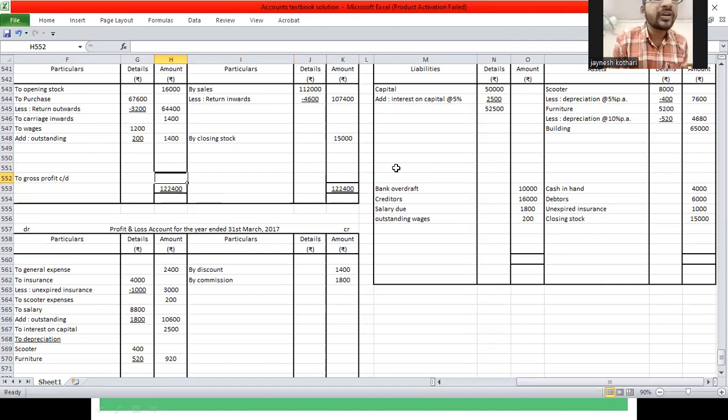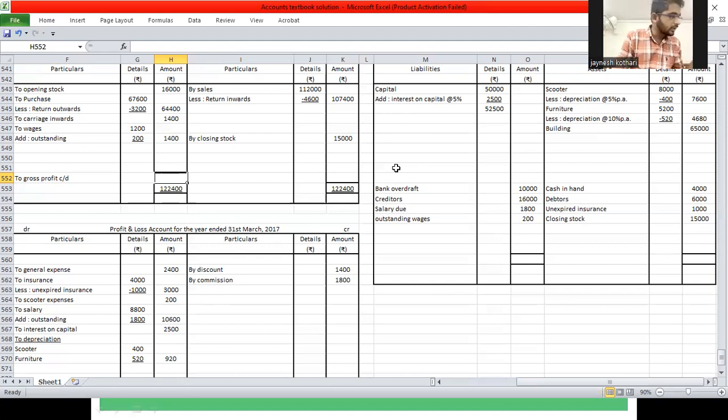अब स्टूडेंट्स डेबिट साइड को टोटल करेंगे, 16 और 64, 74, 80, 81,800, 81,800। कितना है वापस? 64 प्लस 16, 74, 80, 81,800 और 1,400, 83,200 इज द टोटल ऑफ माय डेबिट साइड।